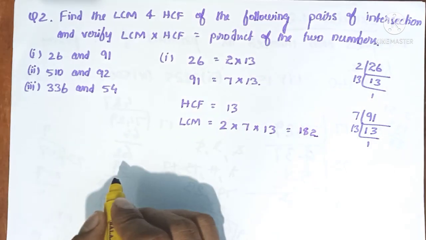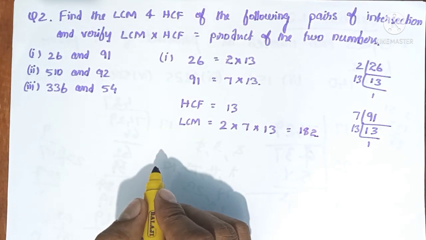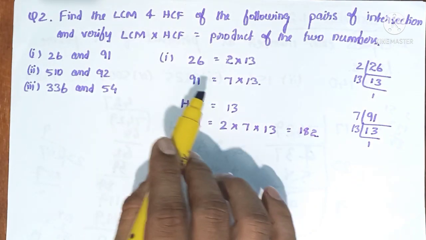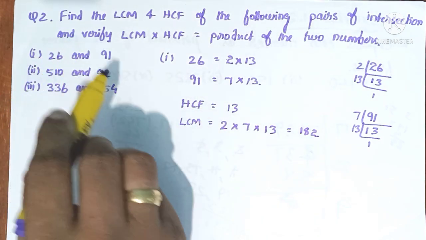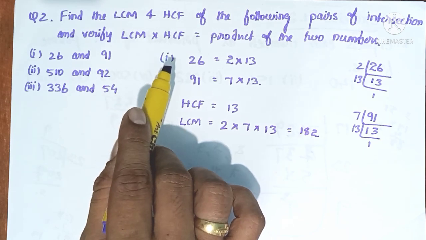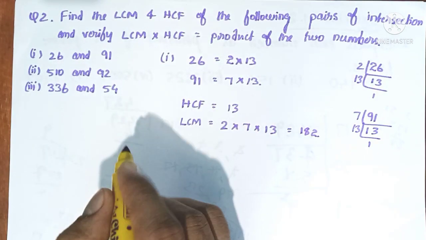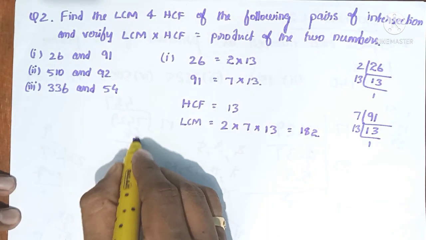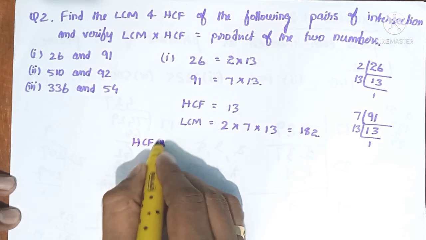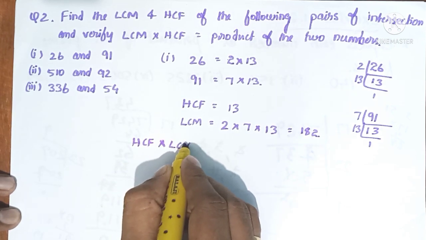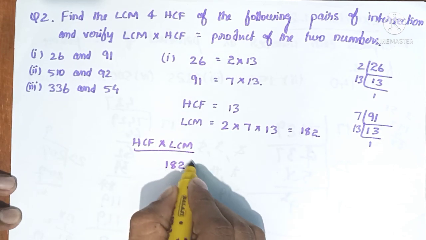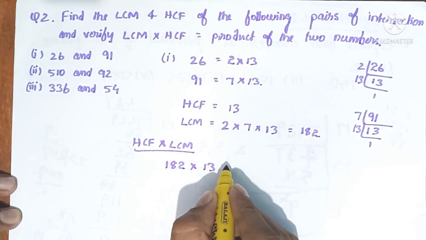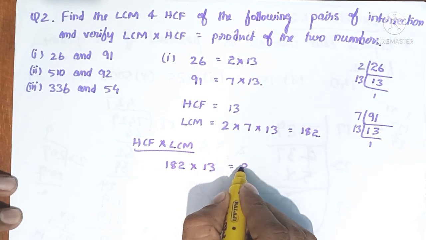Okay. So now what we have to do? The question we found out both the HCF and LCM. Now we have to verify that the product of LCM and HCF will be the product of two numbers. So we will do HCF into LCM. 182 into 13. So we will get